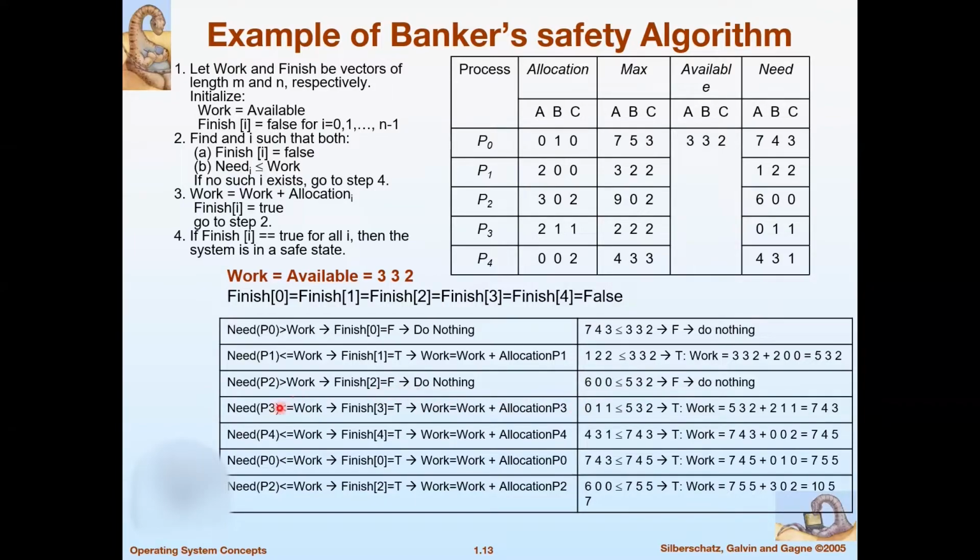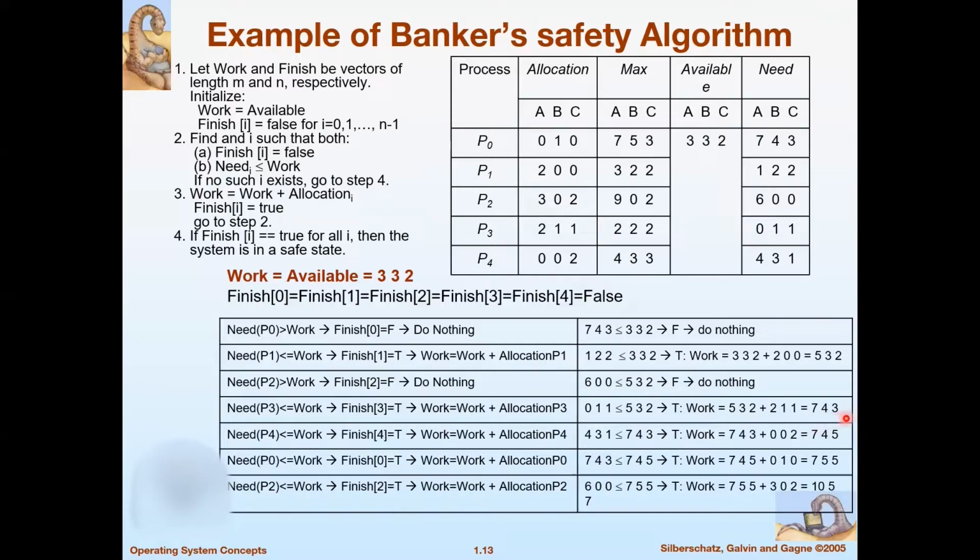Come to P3. The future requirement of P3 is 011, which is less than or equal to our current available. So P3 becomes true because it is completed and will return all its allocated resources to the available vector. Now the modified work will be 532 plus 211, which is the allocation of P3. So the current work vector becomes